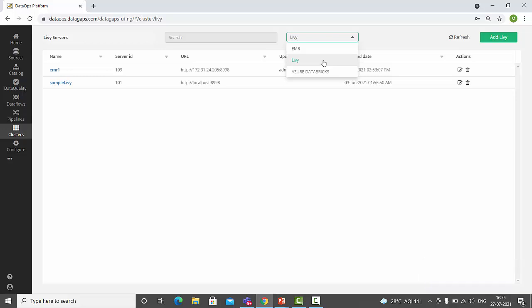We can create data flows, we can create the pipelines, and we can run these pipelines or data flows on any one of these engines. You can have n number of engines started up and running all the time, and you can run your jobs or data flows on top of those engines. So these two, DataOps server and DataOps engine, are completely separated. A data flow which is created in DataOps server can be run on any one of the engines.